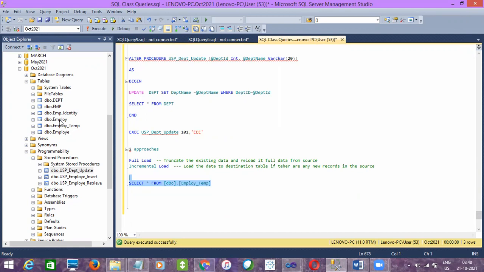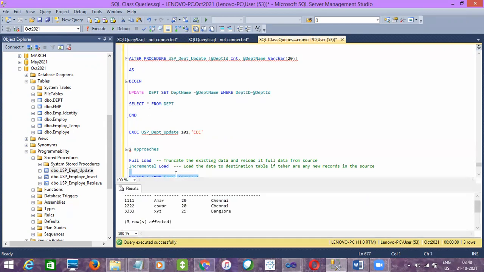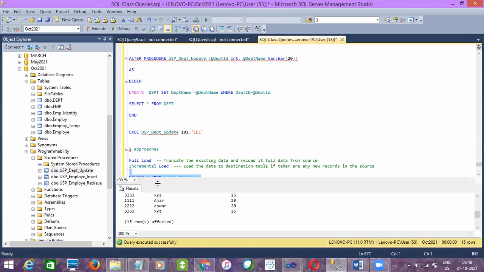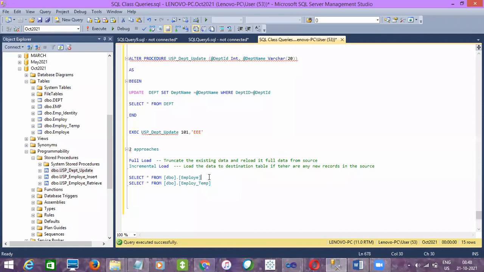And then if I take employee, it also has 3, maybe. Now, I'm taking this one as the source table and employee underscore temp as the destination.